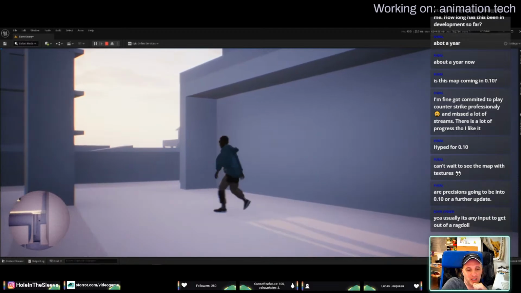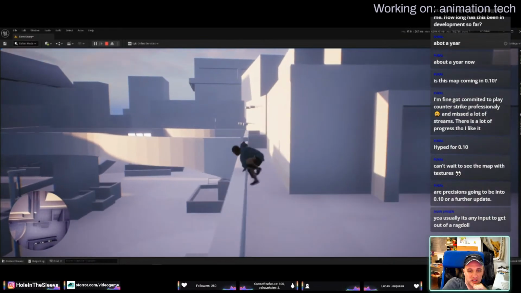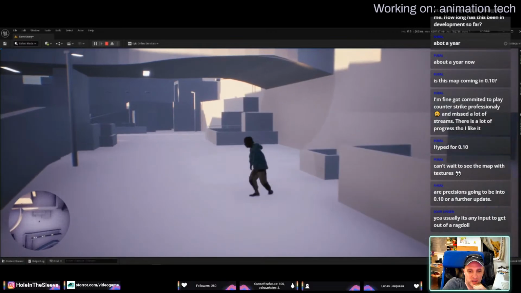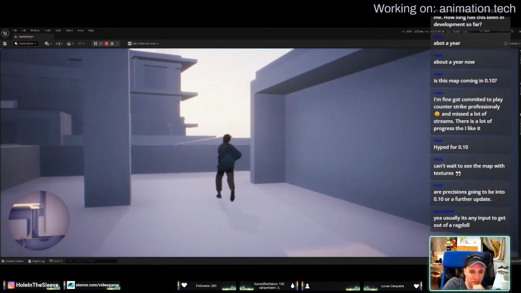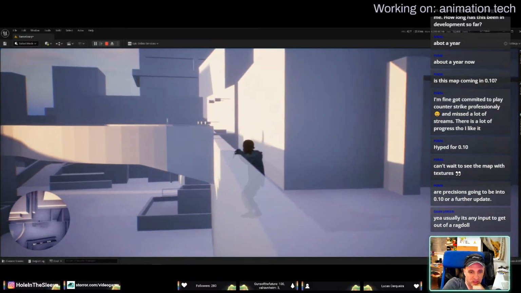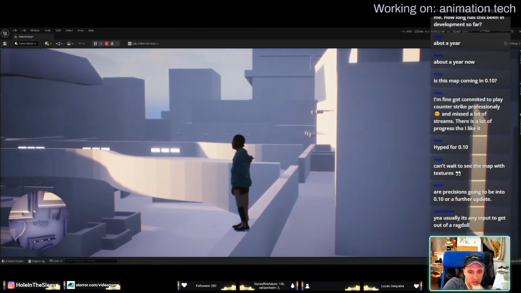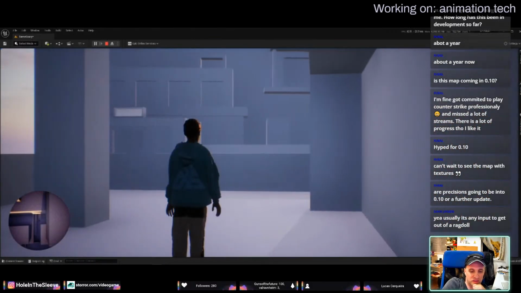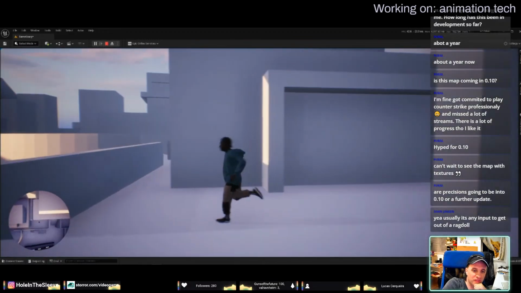Oh, maybe it did, yeah. Because I think that's all it's doing. If I climb and then let go of the analog stick, it still puts me forwards, it still puts me over the edge. So I think he's just nudging you forwards a little bit. Right, yeah. Let me see if I do it with no speed. Hang on. Oh, okay, so it's with your speed. If you're going too fast, it will carry the momentum. Yeah, it will carry.